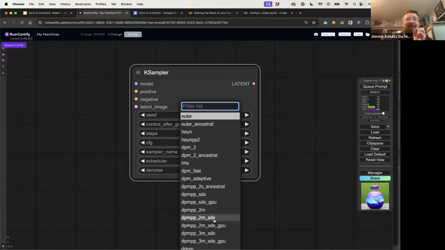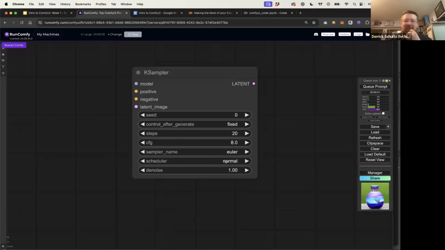Which probably means there's actually a lot of cool stuff that could be done with stochastic images that most people in the community avoid because it doesn't match a consistent workflow that people use. So I actually will play with Euler Ancestral quite frequently, and I do find it gives really good, interesting results. The problem is it's hard to replicate because of that steps and stochasticity issue. So all I have to say, your homework's going to be to play with some of these things. Have fun and just mess around and see if you can figure out what works for you or what doesn't. There's a lot here.